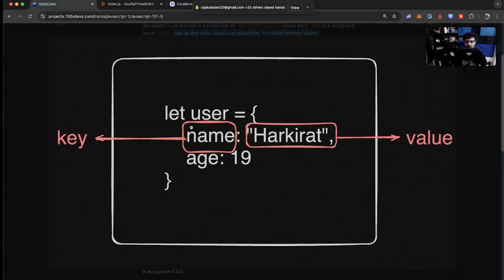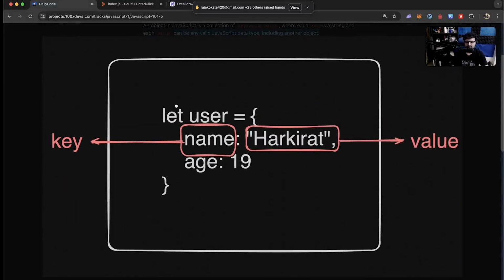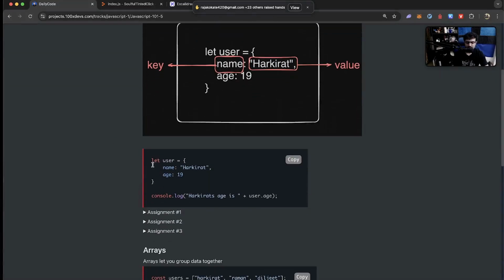For now, it is a key value pair, which means I can define it like this. Let user equal to an object. Name is Harkirat, age is 19. And then if I want to print, I can write Harkirat's age is user.age. It prints the age of the user.